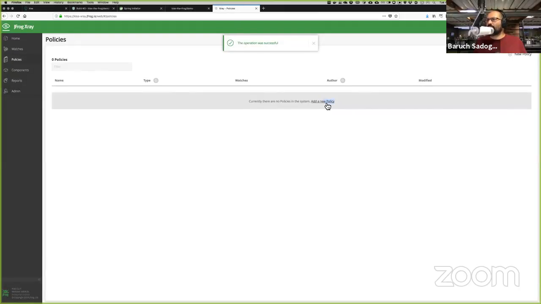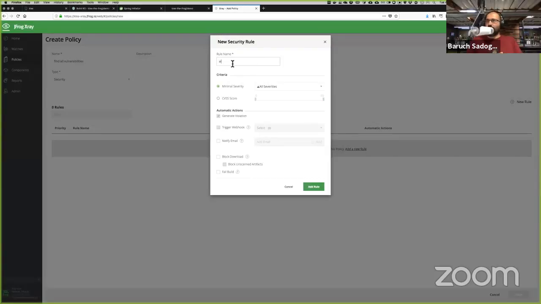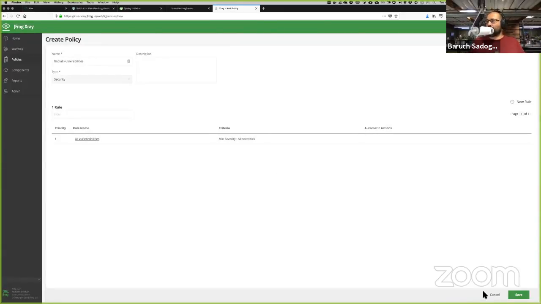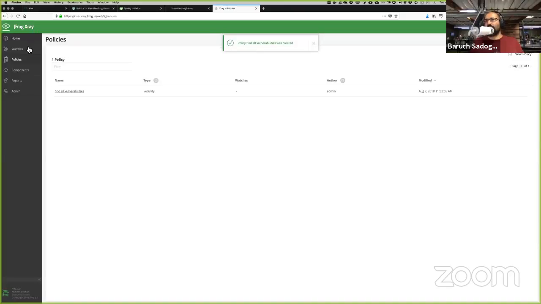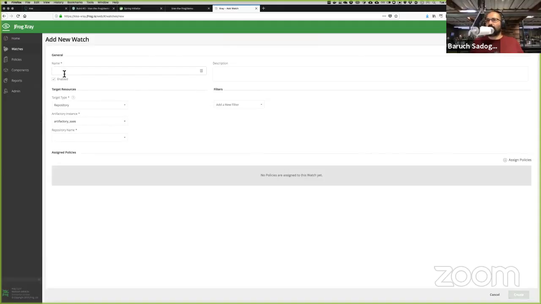And I'm going to say here, I want to find all vulnerabilities. That will be my policy, and the rule will be all vulnerabilities with any severities and everything. So I'm going to add this rule and save this policy. And now I want to watch. Now I want to watch all the files,